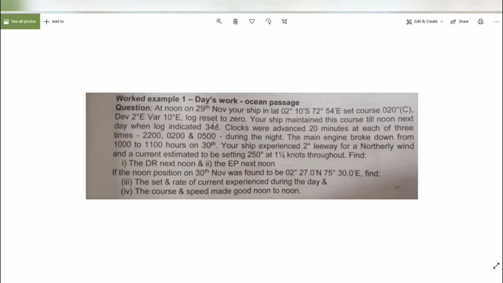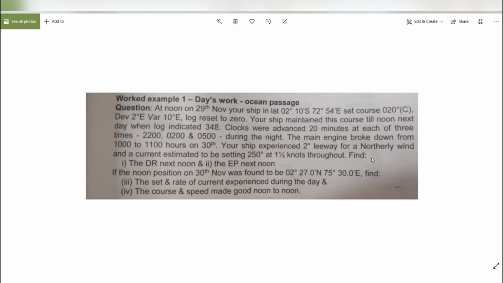The log reading is given to us. Clocks were advanced 20 minutes at each of the 3 times. So they have been advanced by 20 minutes at 2200, 0200 and 0500. Main engine broke down from 1000 hours to 1100 hours on 30th. Your ship experienced a 2-degree leeway for a northerly wind and a current estimated to be setting in 250 at